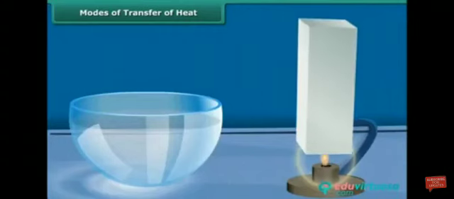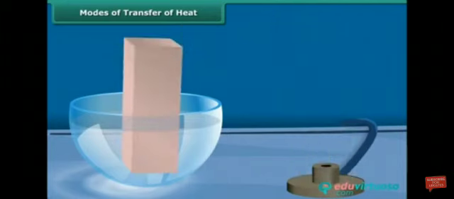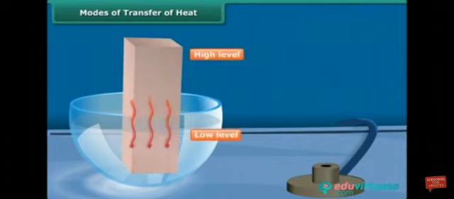Flow of heat takes place in a particular direction, that is, from bodies at higher temperature to bodies at a lower temperature, as water flows from a higher to a lower level. There are